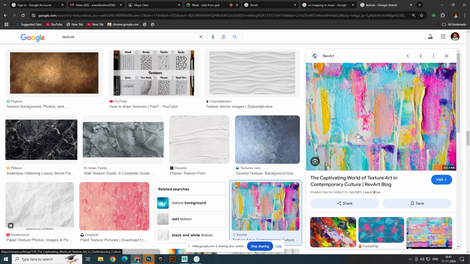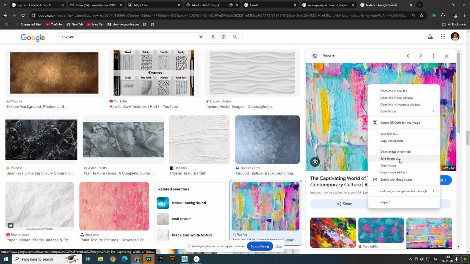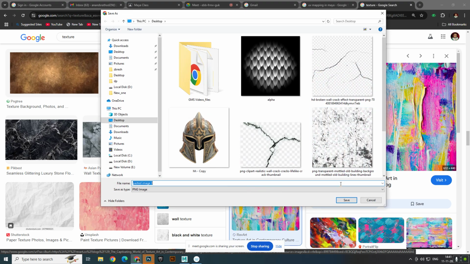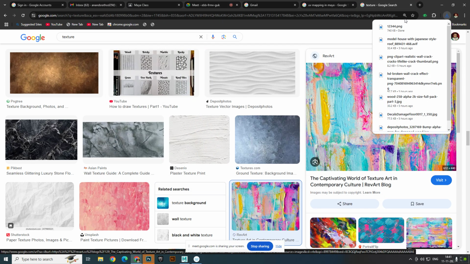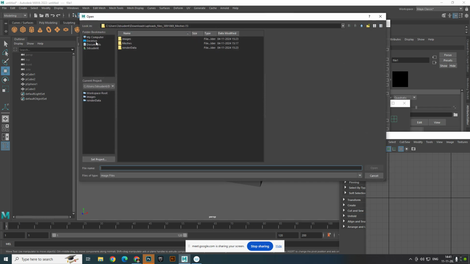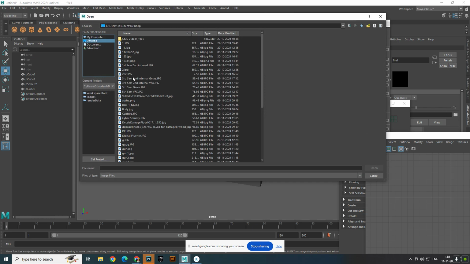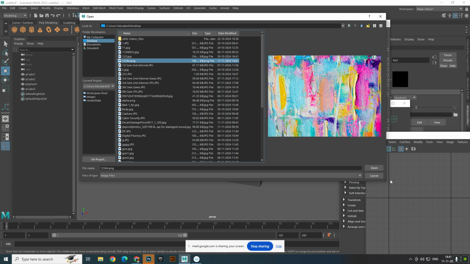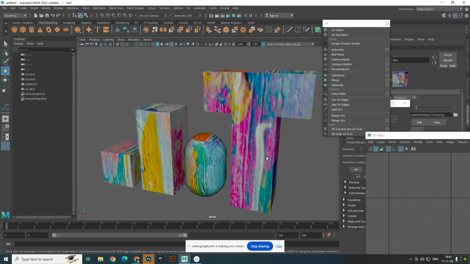Save as. On the desktop, for time being you keep it as 1143, so it is easy for you to bring it. Desktop, PNG image and apply,